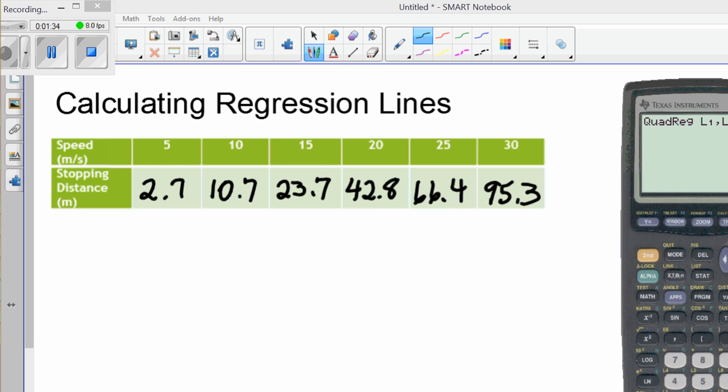so I'm going to tell it that it's going to get its y values from list 2. And this is optional, but this is for part 2 when we start predicting. So if you watch this part and the next part, you'll see why I'm going to do this. I'm also going to go into variables, and I'm going to go to y variables and y1. What I'm telling the calculator to do is to take the regression model and store it in my y equals key. So it's actually going to create the graph. So once I run this,